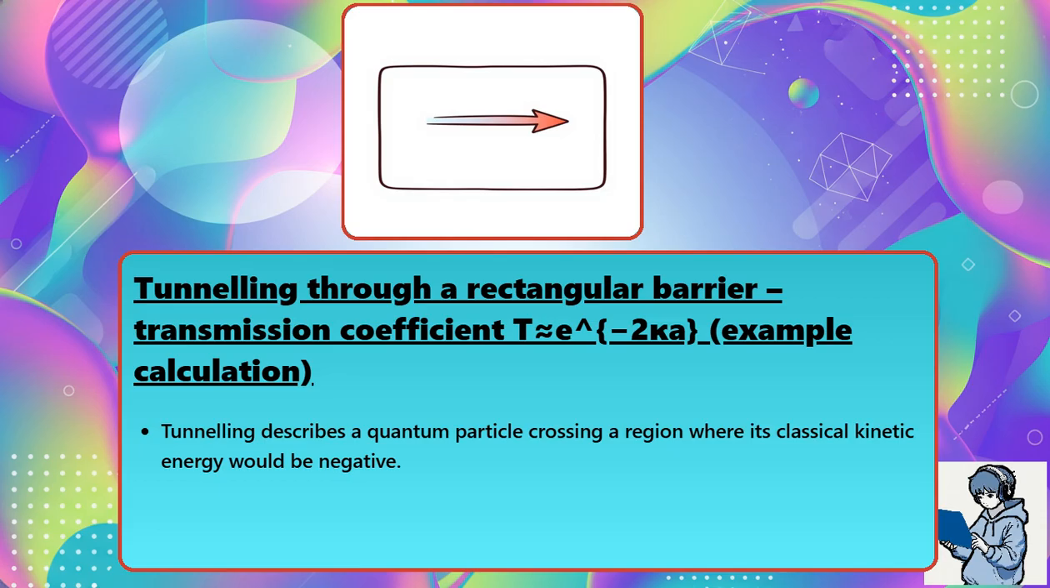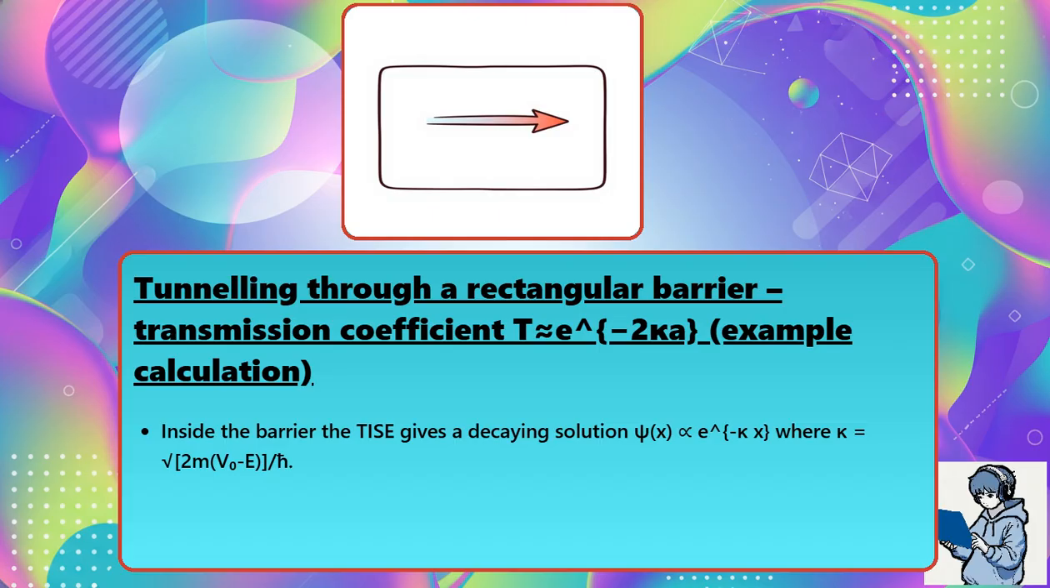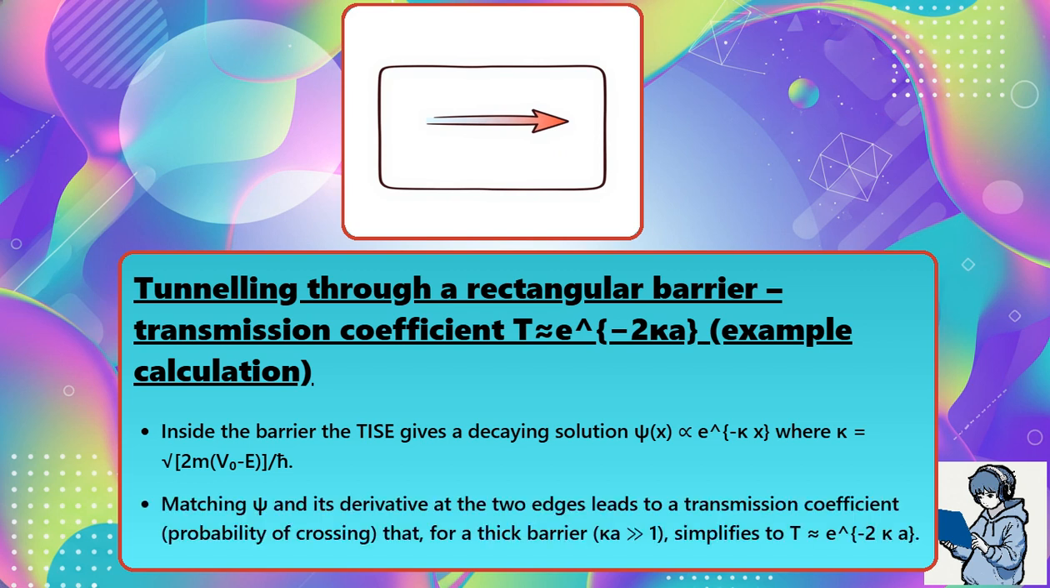Tunneling describes a quantum particle crossing a region where its classical kinetic energy would be negative. Consider a rectangular barrier of height V0 and width a, with a particle of energy E less than V0 approaching from the left. Inside the barrier, the TISE gives a decaying solution psi of x proportional to e to the minus kappa x, where kappa equals the square root of 2m times (V0 minus E) over h bar. Matching psi and its derivative at the two edges